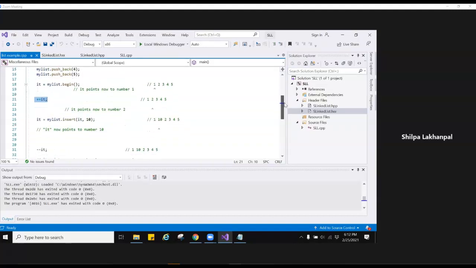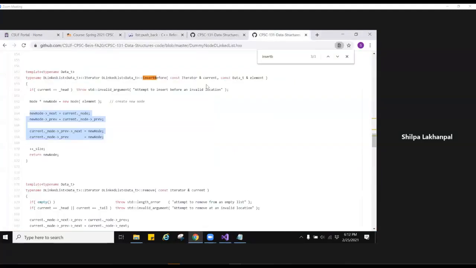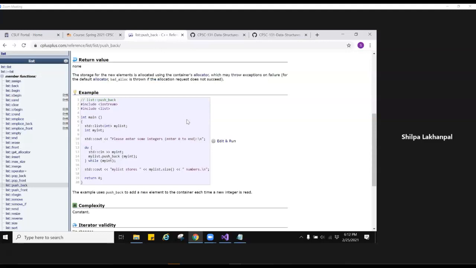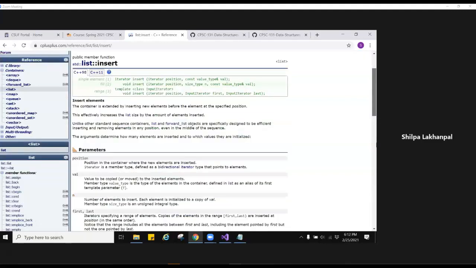And then now we are using what is called an insert function. So that insert function is what is actually the insert before function over here. Because different people have written those different classes, you will see a lot of that. People tend to name their functions differently. So you have the insert function here,